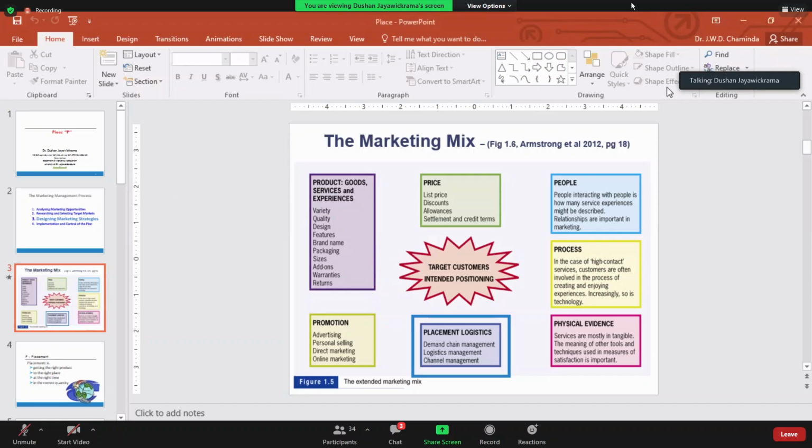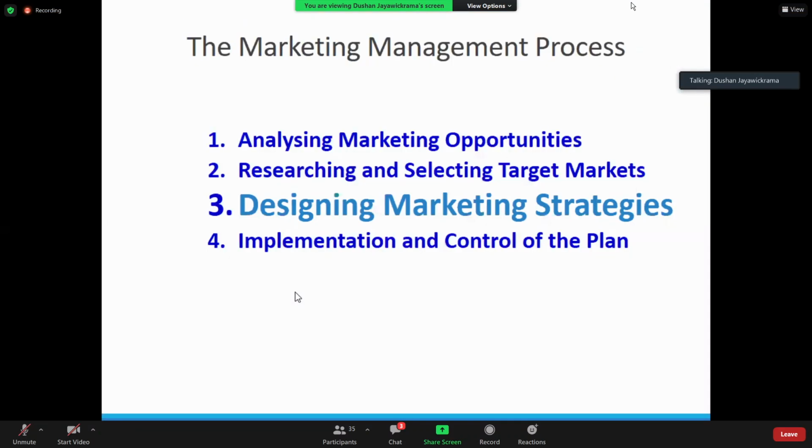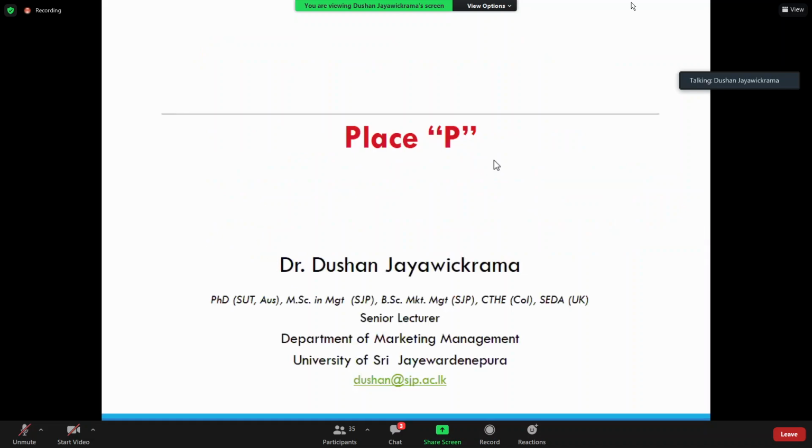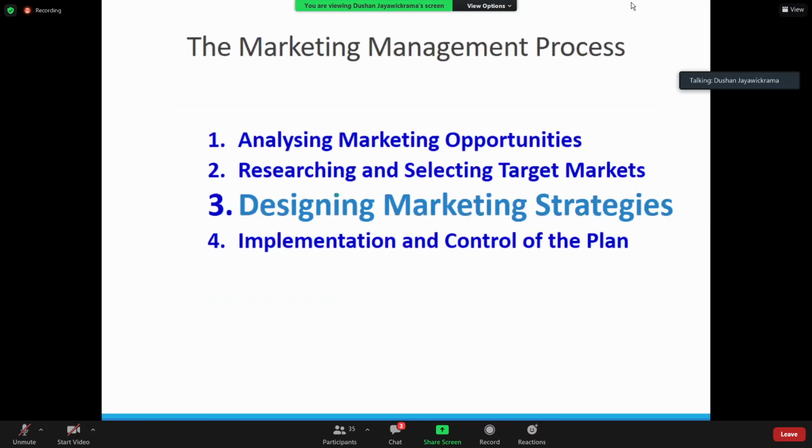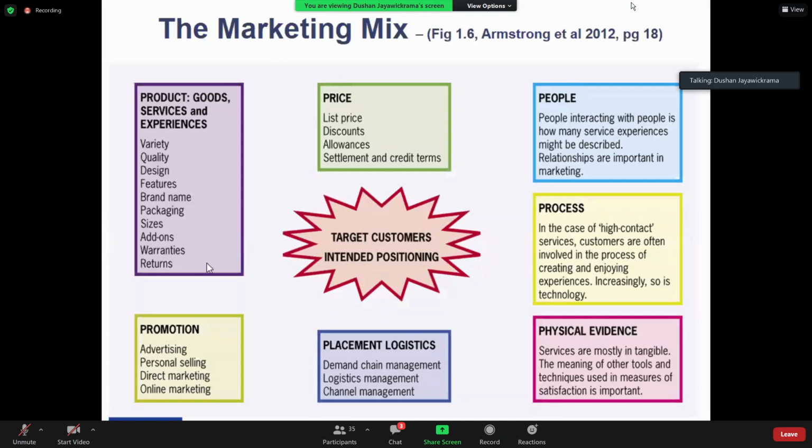Right. So next we are going to be talking about the place strategy, which is not that difficult to understand again, because the word starts with the letter P, just to make it 4 P's. Place strategy basically deals with distribution, or how we make our product available to consumers. That's what this strategy is all about. Physically making the product available, and physically can even be through virtual sources.